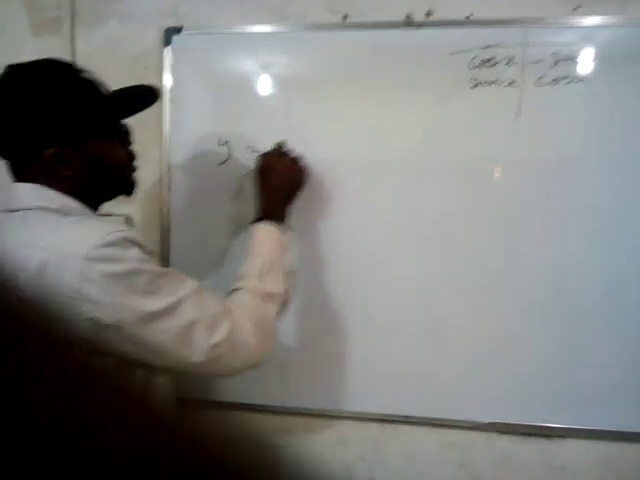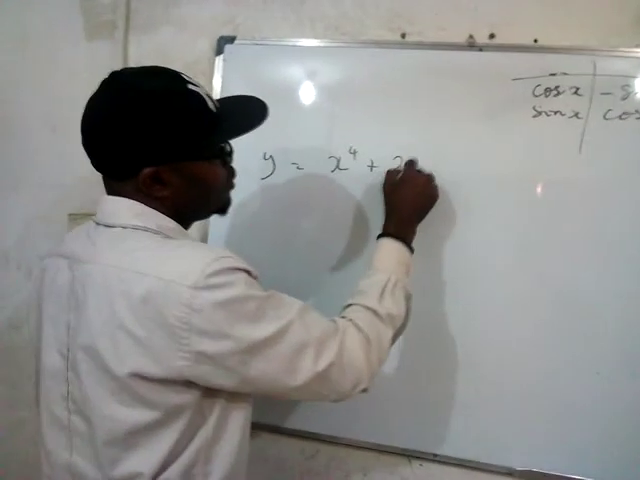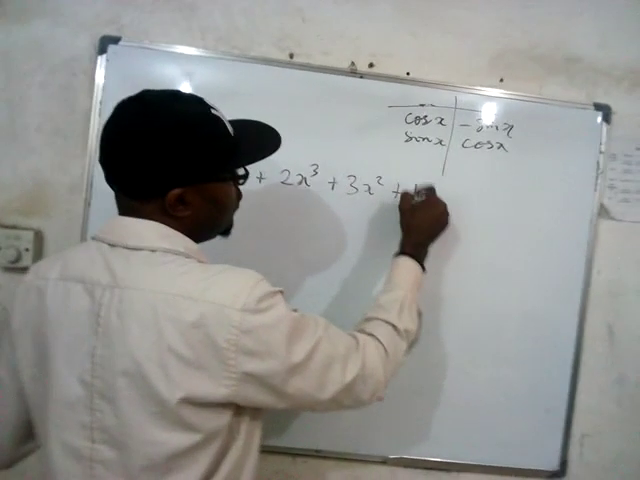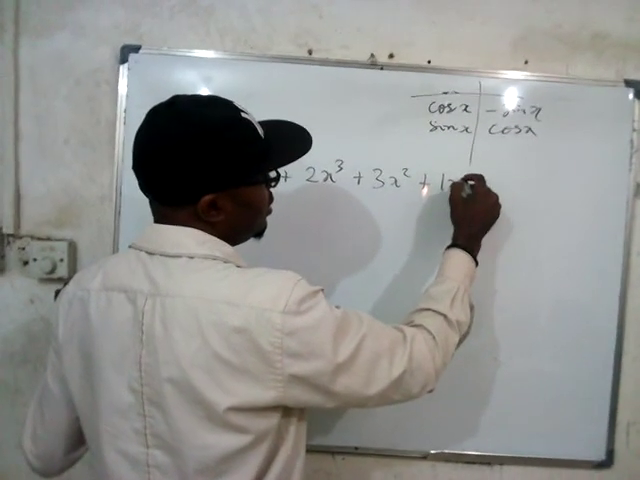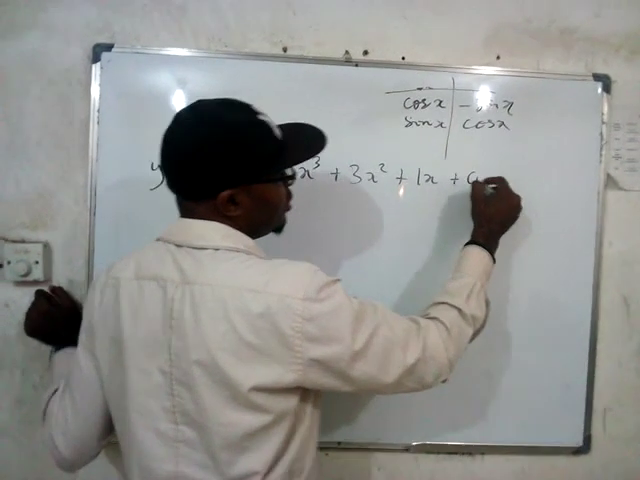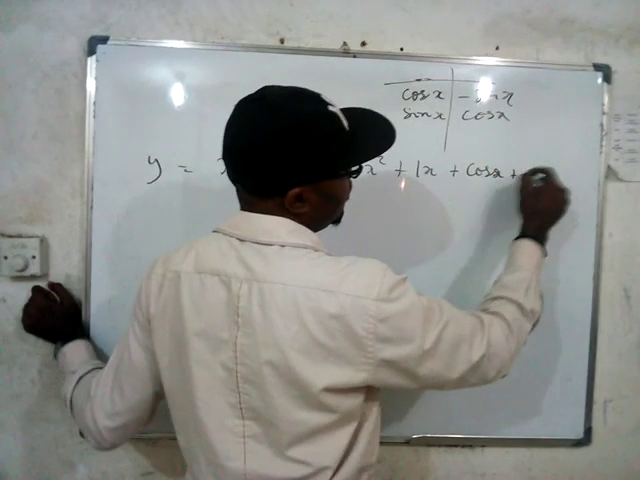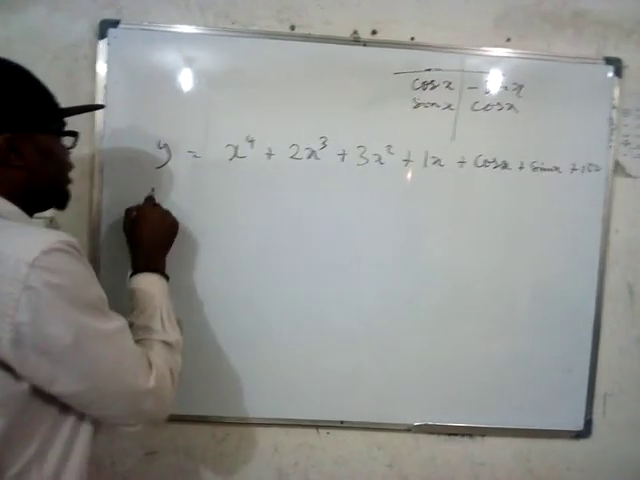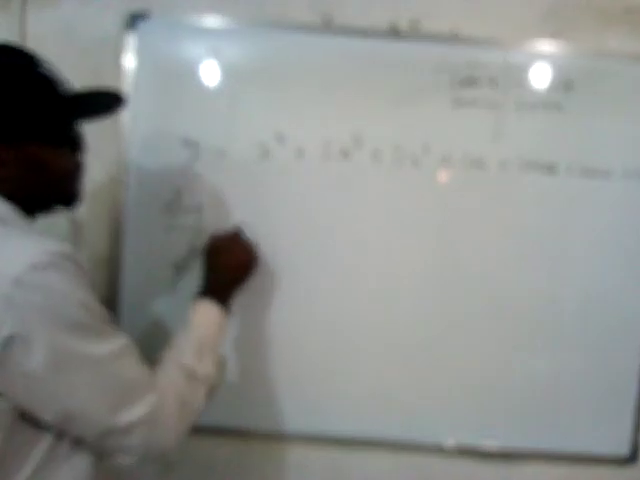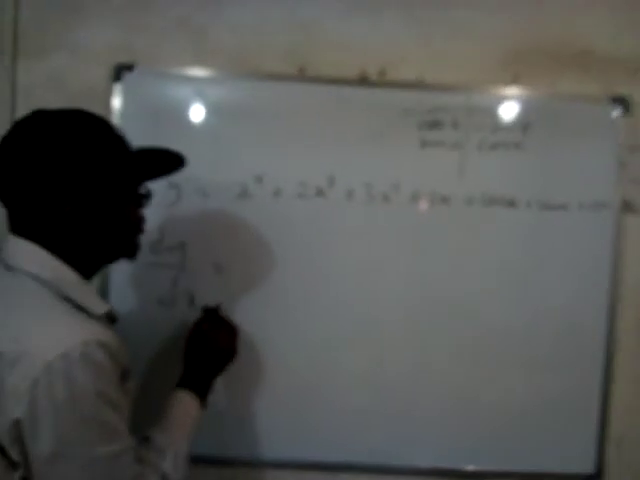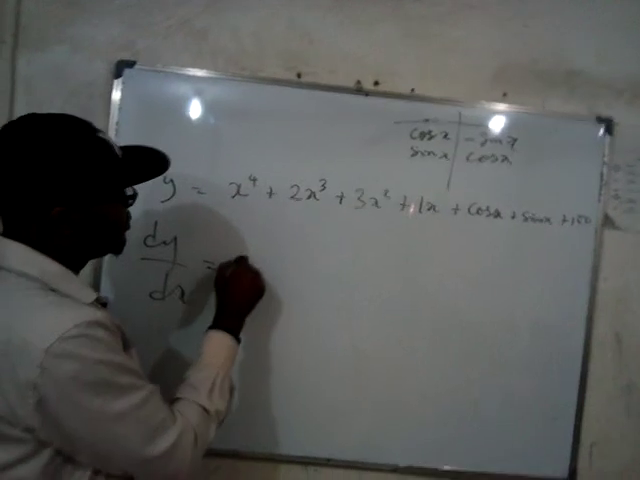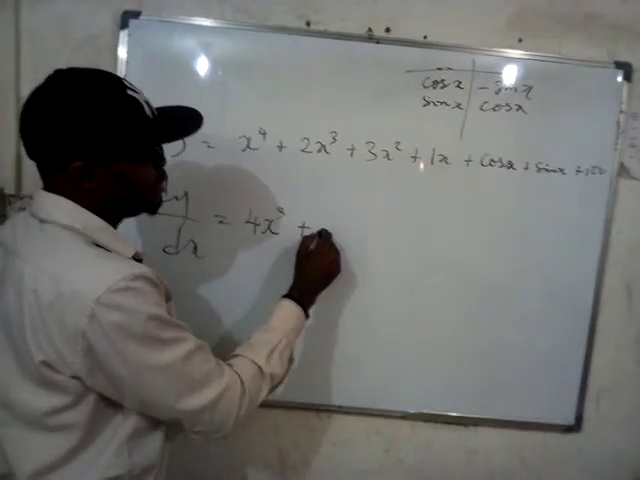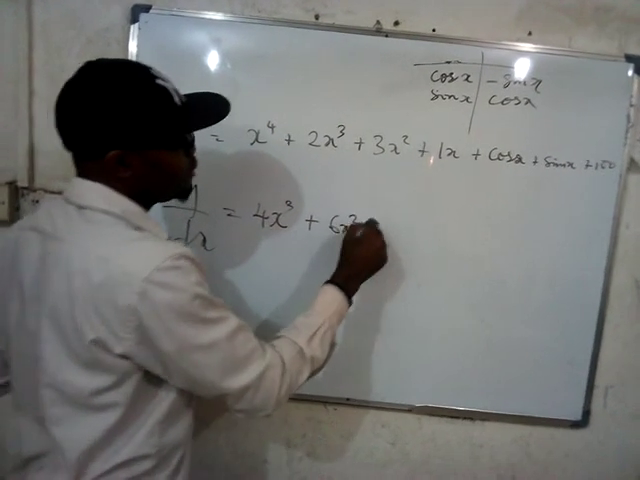Given that y is equal to x to the power 4 plus 2x to the power 3 plus 3x to the power 2 plus 1x, plus cos x plus sin x plus 100. Who can give me the dy dx of this assignment? Alright, let's go. What's the dy dx of this? 4x cubed, isn't it? Yes. Plus what? 6x, 6x squared, okay, plus